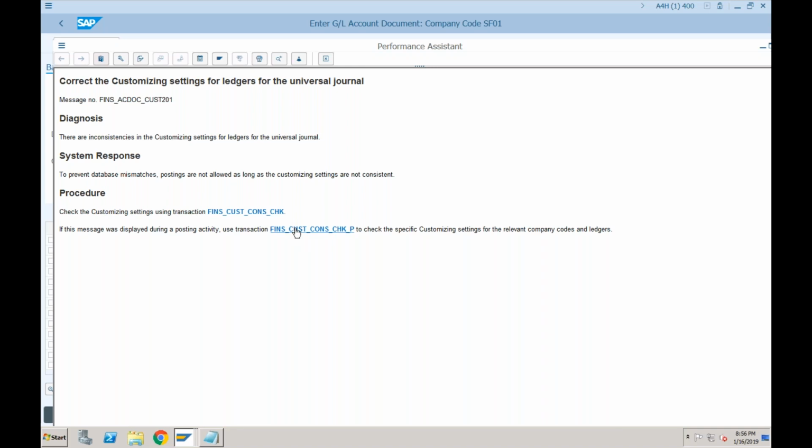You should always click on the second program. I'll tell you why. If you click on the first program, it will tell you whatever inconsistencies are there in all the company codes, not only in your company code. But if you want to know what is wrong with my company code, which I'm trying to post now, SF01, I can directly go here.